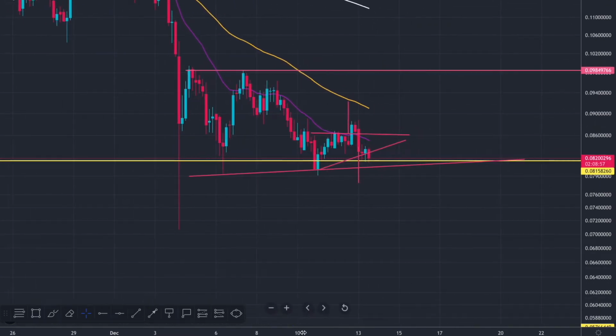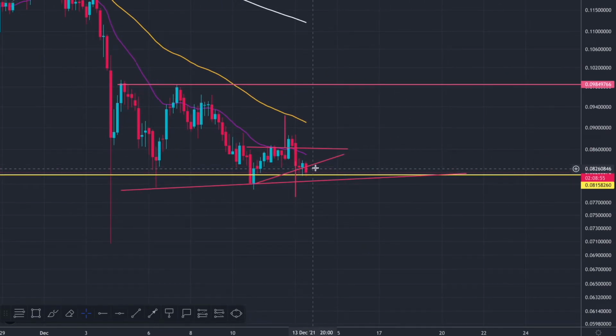So yesterday we were talking about this ascending triangle here. So we actually did break above that, which would have validated this target here at 0.092 cent. However, unfortunately, we broke straight back down, so that invalidates that target completely. We broke straight back down and actually broke below that as well, which then we've got a target to downside,